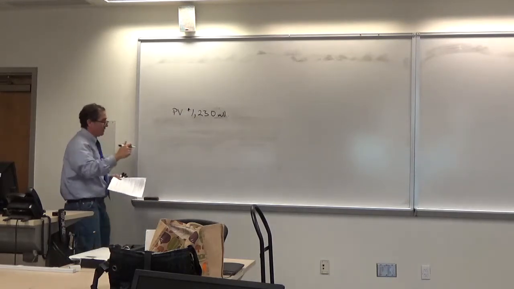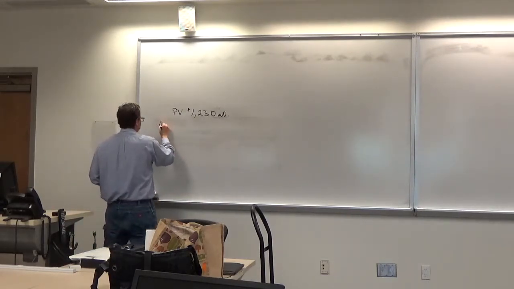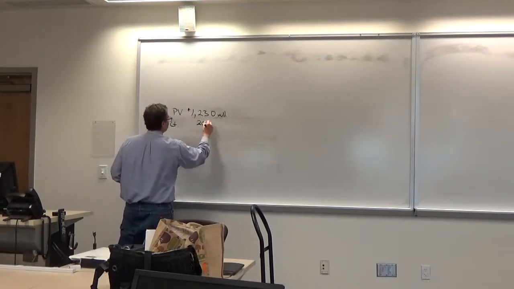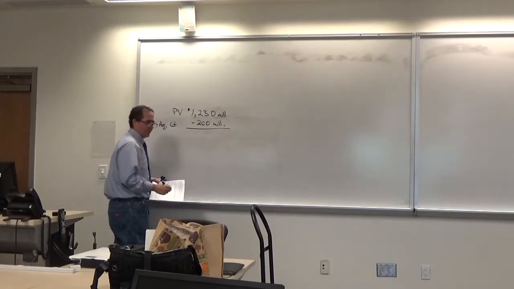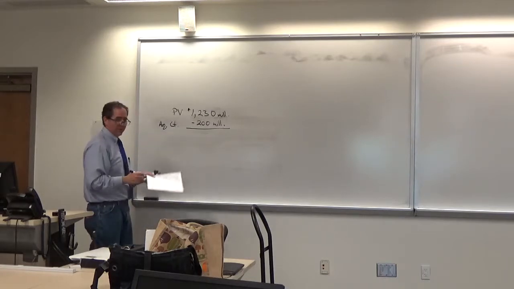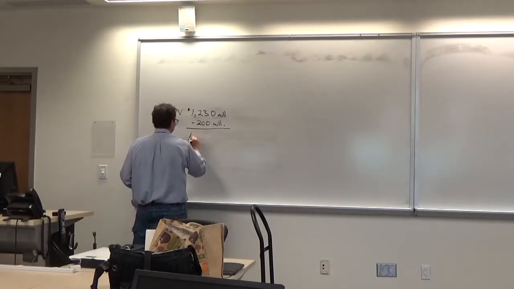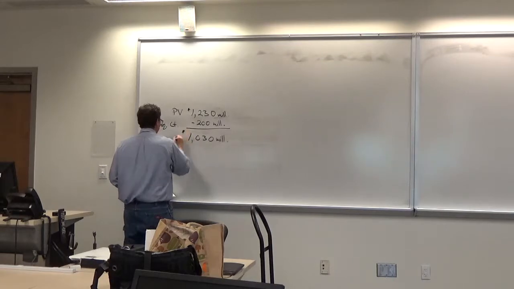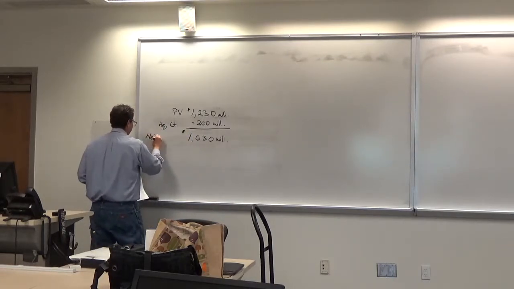And then what was the acquisition cost? 200 million. If I subtract out 200 million, which is the cost of the acquisition, from the intrinsic value, I get what? 1,030 million, or 1.03 billion. So my net present value